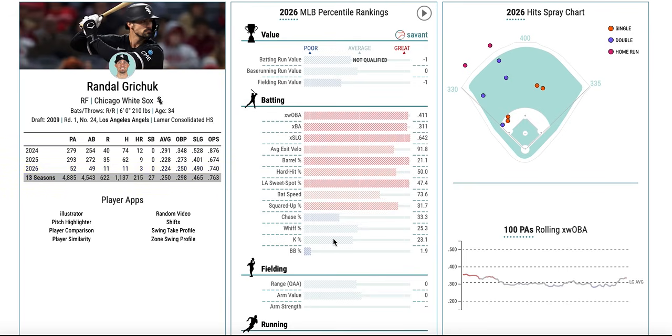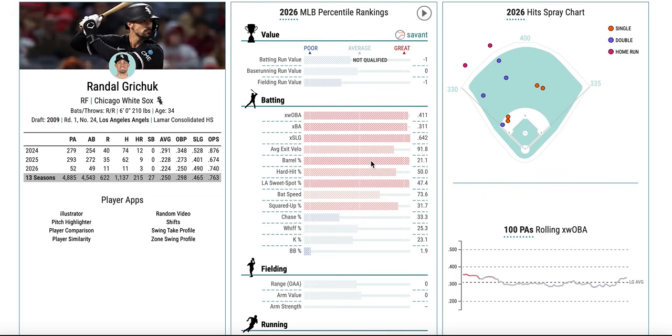He's not walking right now. He does strike out at an average or below average rate. He does chase a little too much, but he does hit the ball really hard. He's got 3 home runs so far in 49 at-bats. This may be another case of someone you just add to your watch list, and if an injury pops up, you grab them and just test it out and see how long you can ride it out,